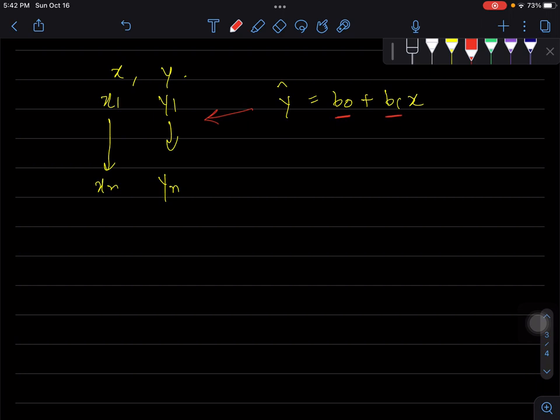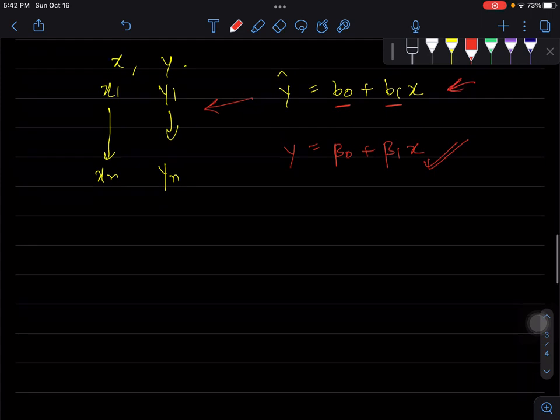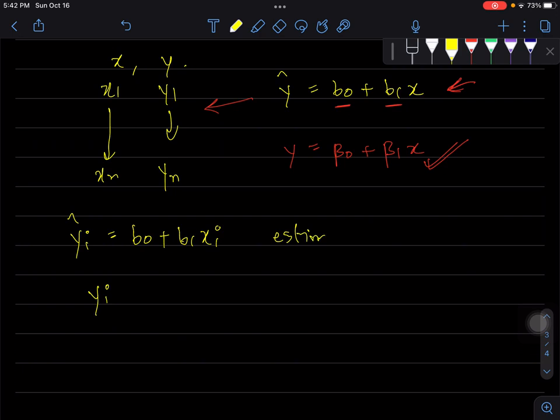Now this is just the estimated equation, right? The original model would be y is beta naught plus beta 1x. So this would have the actual values, the true values that we already know happened, and those are true. And this here is just the estimation. So let's say that the estimation of the ith element is given by this equation, and this is the true value here. This is just the estimation that we are going to do using our values of b0 and b1, and this yi is the actual value with beta naught and beta 1x. We call it the observed value,